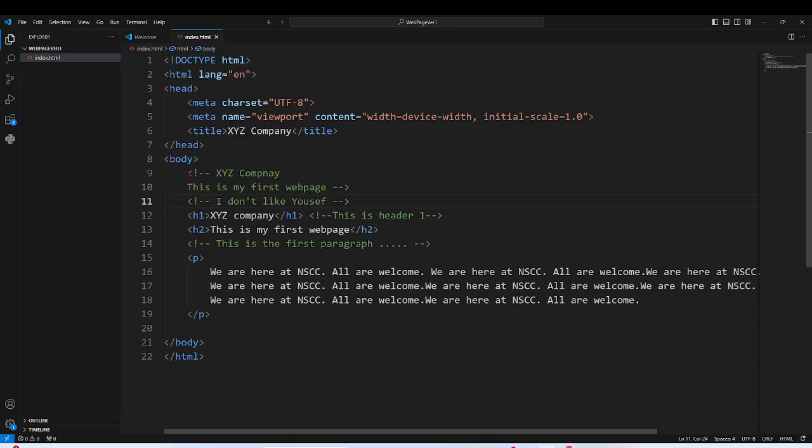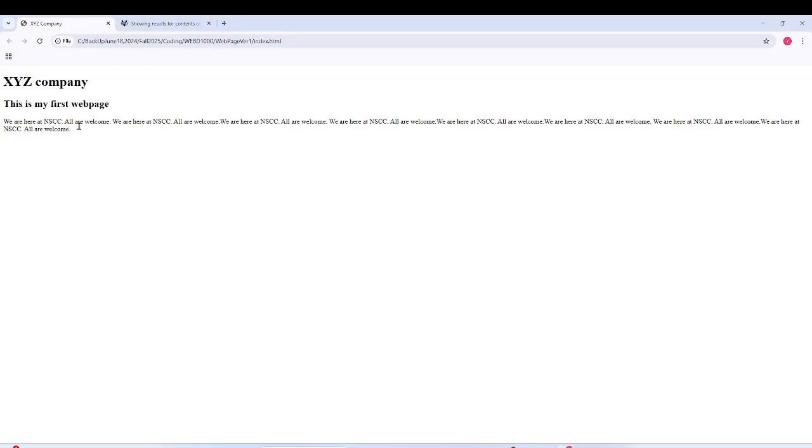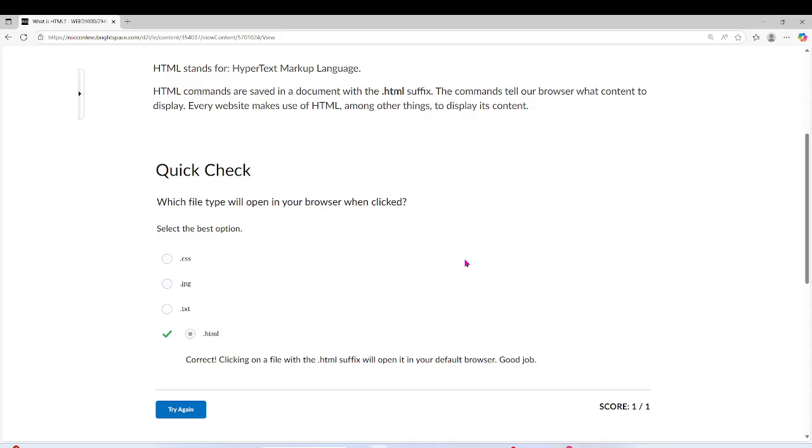So yes, those are comment lines. I'm telling HTML, ignore them, don't display them inside my website. Those are for me only. Okay, look at that. So yes, now if we go back here, I believe we are done in terms of